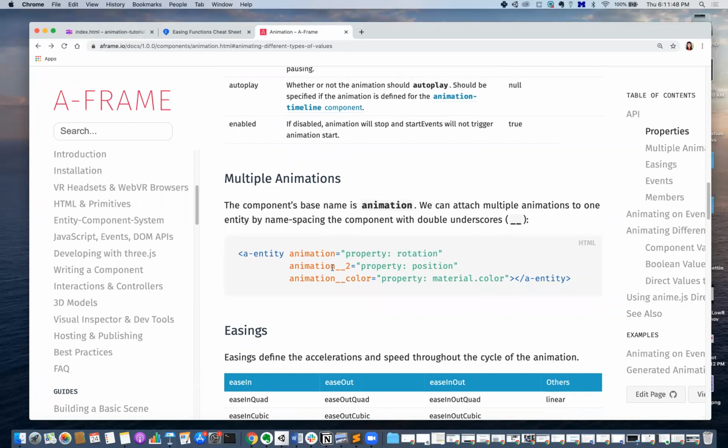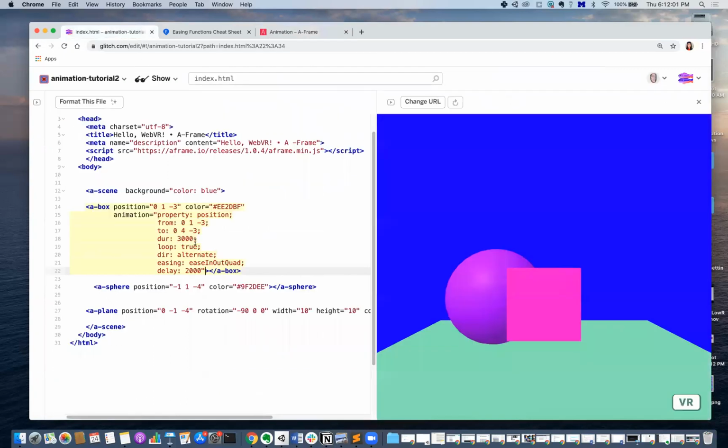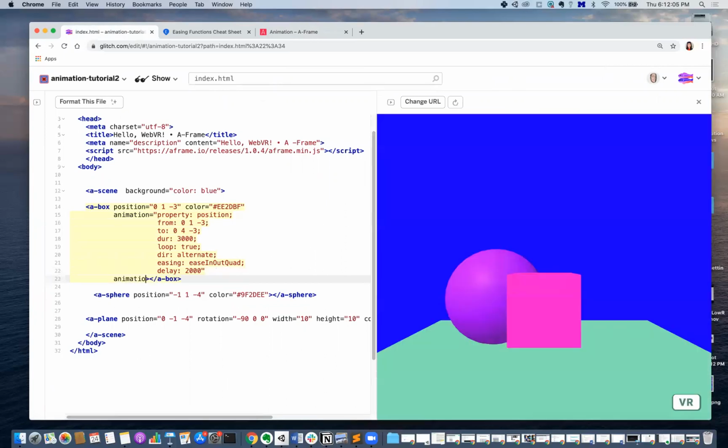So we have to give it an indication that we're doing a second animation, and we can do that by double underscoring twice and then writing anything that we want to name our second animation. So I could now space and do animation for the rotation, and I just have to underscore twice, and I'll just say second